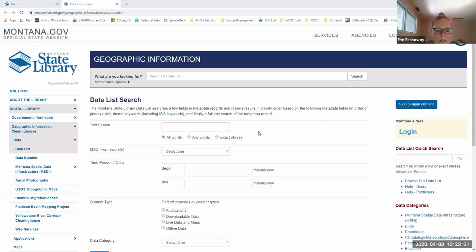So the metadata is very important, because if you're going to use information, you want to know where that was collected, how it was collected, and have that really good information to back up some of the analysis you might be doing. And you also want to know if it's coming from some sort of